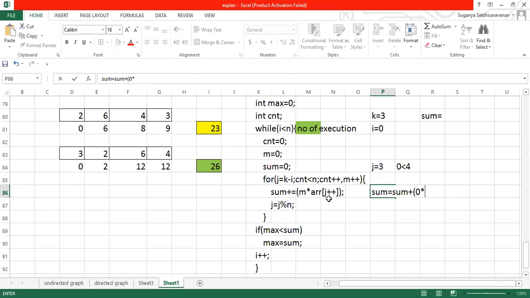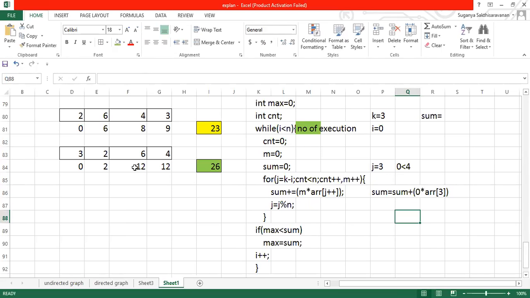So what is this j plus plus? If you wanted, you can place it in a separate line also, guys, like j plus plus. I don't want to increase the number of lines. That is the reason I gave it as a post increment. So if you give post increment, what happens? The element at the jth position will be taken, it will be iterated and followed by that, the j value will be modified. So here it will take the array of jth position value. What is the jth position value? 3. So this manipulation will happen.